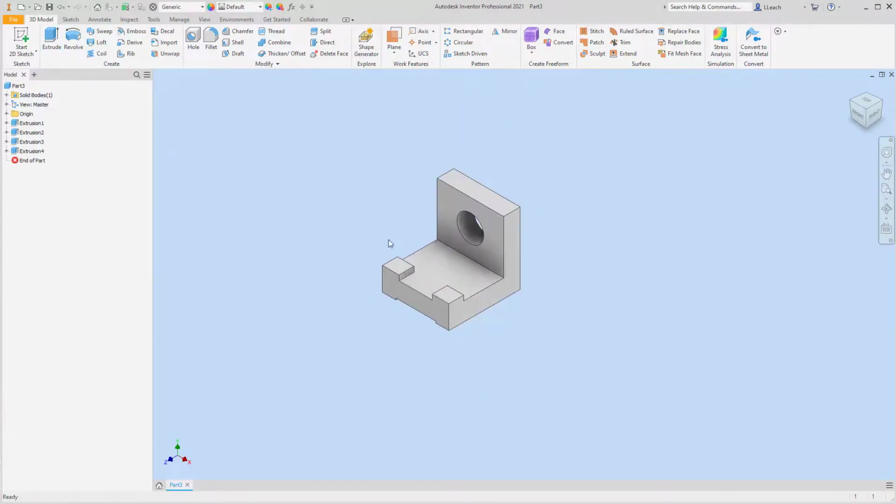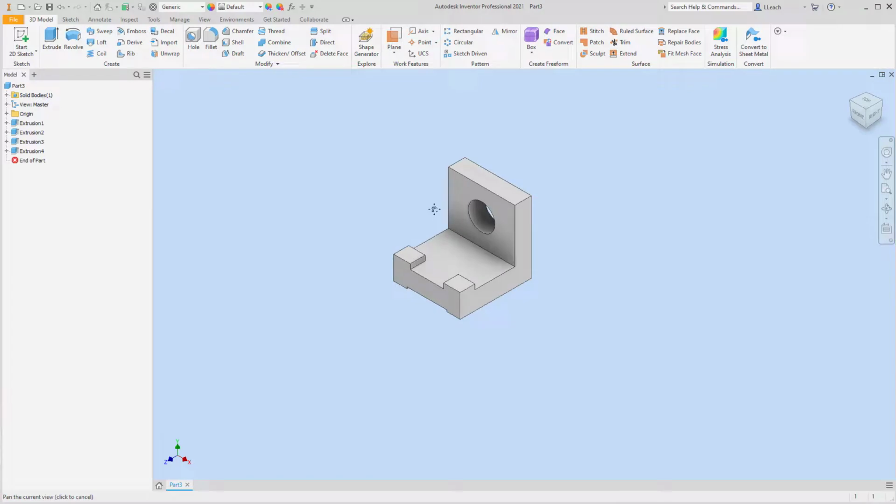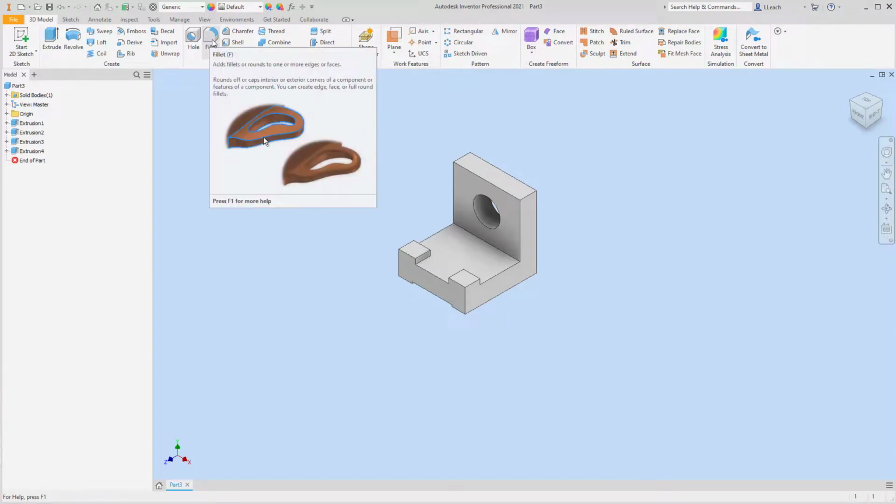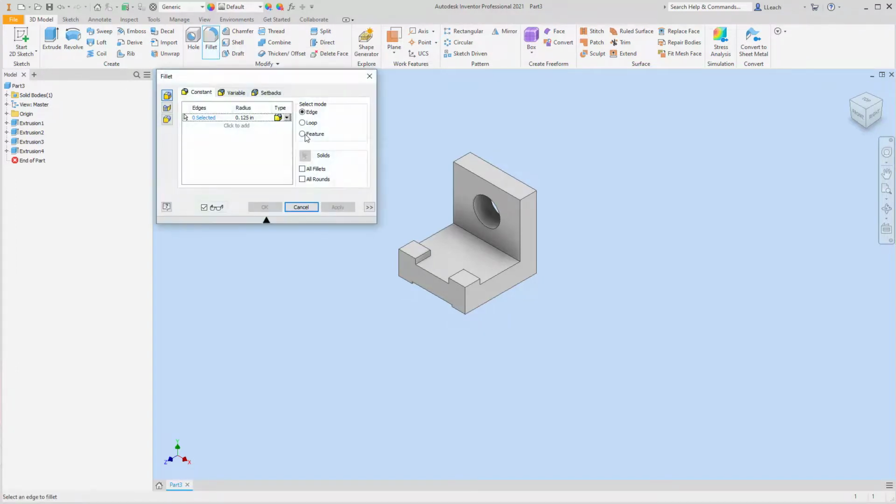So now, lastly, I just need to add my rounds and fillets. It tells us our rounds and fillets have a radius of 0.5. So here, fillet. The fillet tool is here, or you can just type in F. For radius, I need this to be